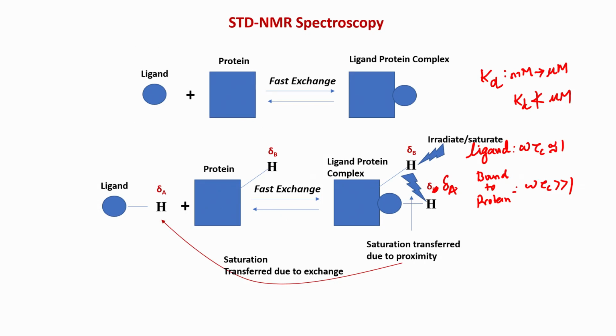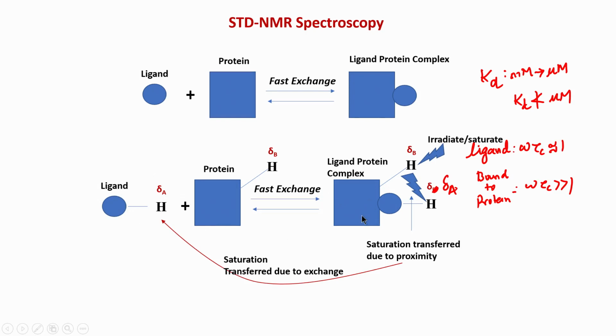Okay. So, the main criterion is that the signal from the ligand should be weak, because we are not monitoring the complex, we are going to monitor the free ligand. We are not looking at the proton in the bound form, because the proton in the bound form will be very low in intensity. Remember again, tau c of the protein is very high. So, the overall signal of this system becomes very weak. Therefore, we will not be able to study the bound form, but we can study the free form, because there is a dynamic exchange.